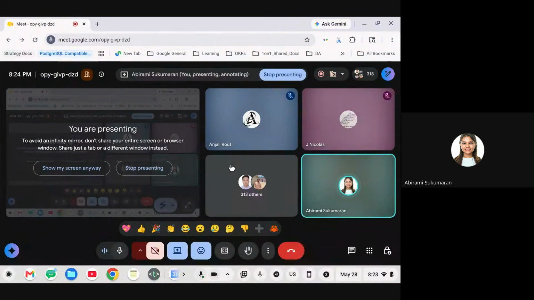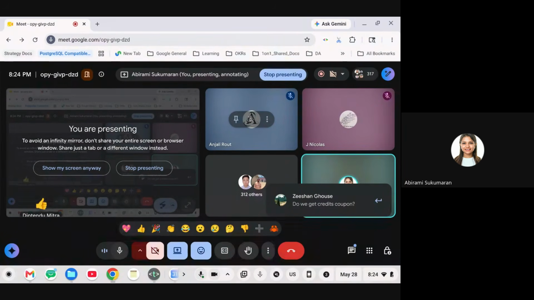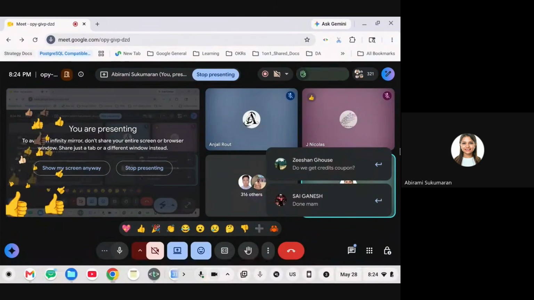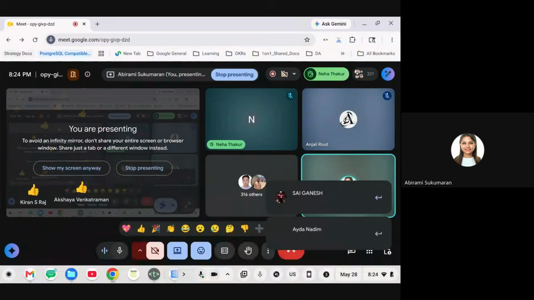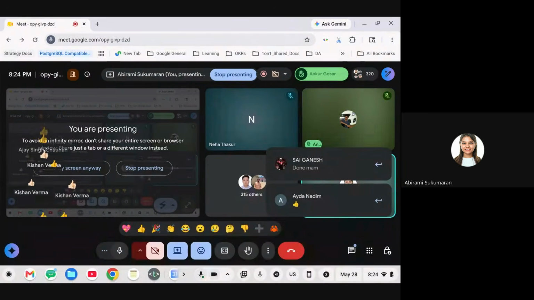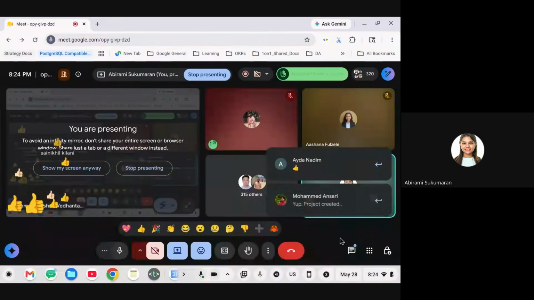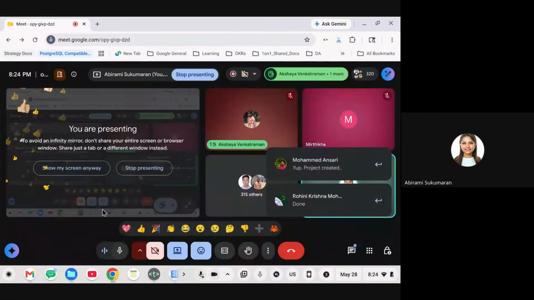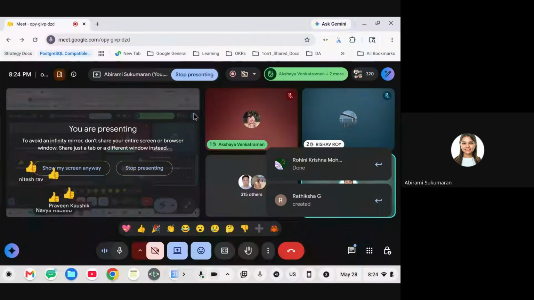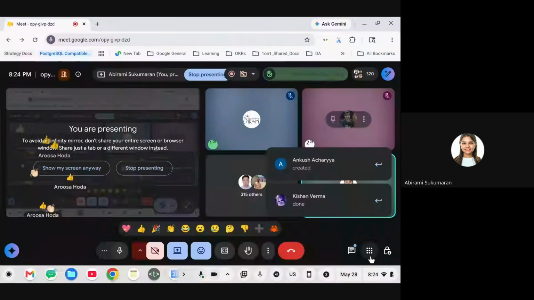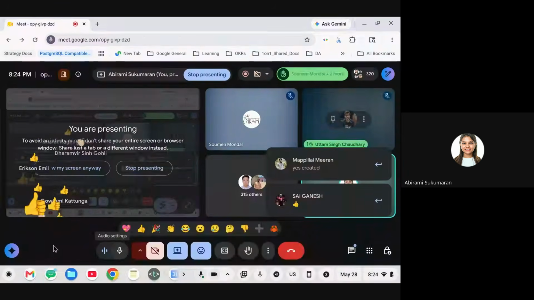I hope you're all able to just show a thumbs up if you're able to hear me okay. Okay, perfect. How many of you successfully created the project? Perfect. Sounds good. Just a show of thumbs is fine. No need to raise your hand because it's just going to line you up. All right, perfect. Thank you so much for the confirmation.